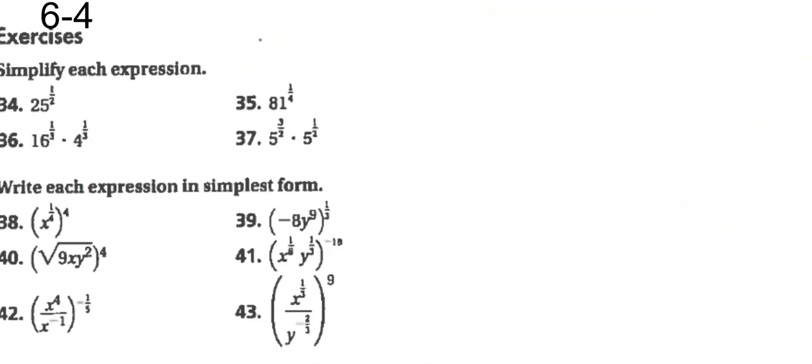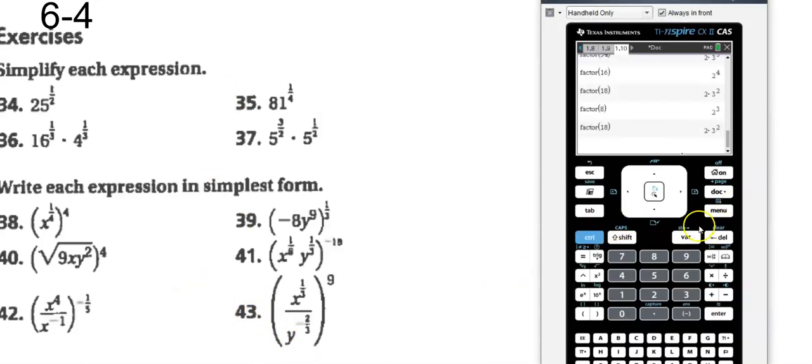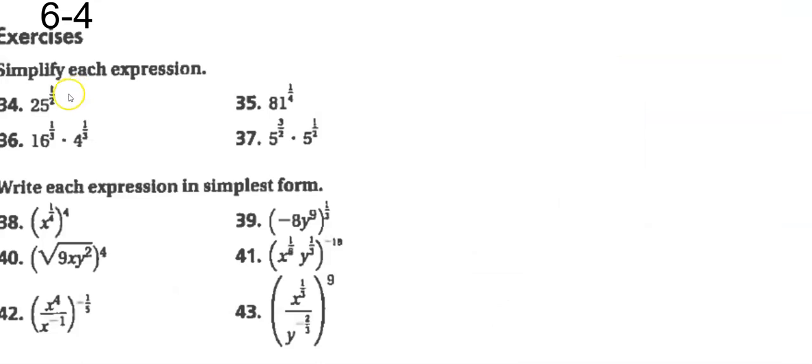Okay, simplify each expression. There are a lot of different ways of doing this. I think prime factorization is pretty powerful. Some people just know that the 1/2 power is the square root, and that might be easier for you. But if you prime factorize 25, it's 5 squared. So instead of 25 to the 1/2 power, you could write 5 squared to the 1/2 power. 2 times 1/2, half of 2 is 1, you get 5,